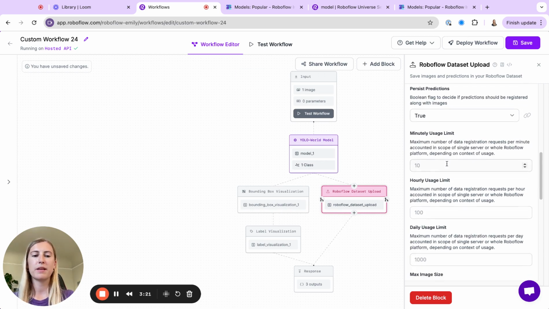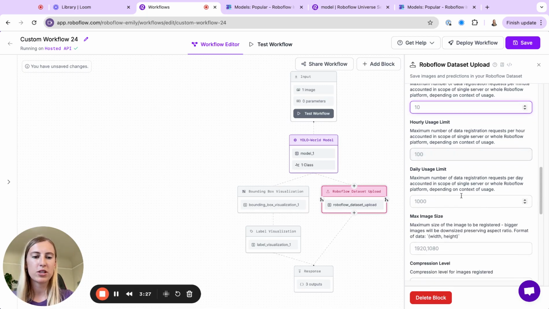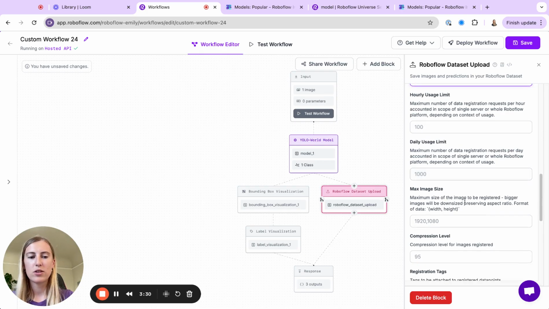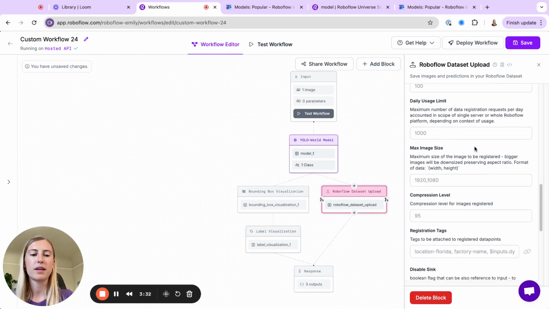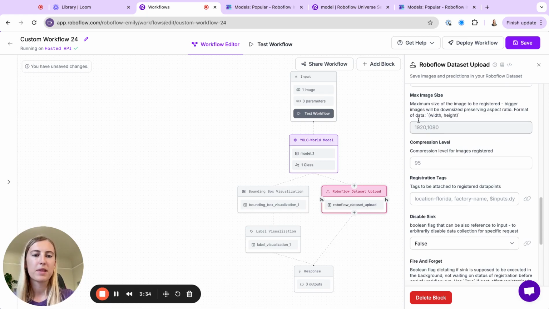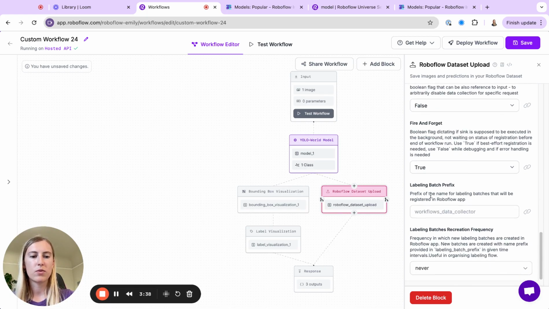And this makes sense to me. Every minute I want to upload a maximum of 10 images, every hour a maximum of 100, and every day a maximum of 1000. So you can control how much data will be coming in within a certain amount of time. You can also play around with the image size, and you can play around with what the label is going